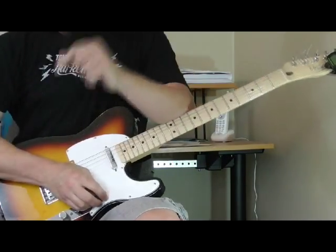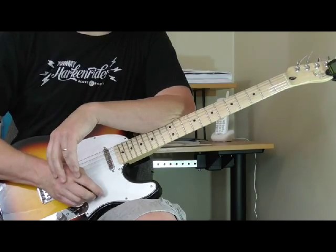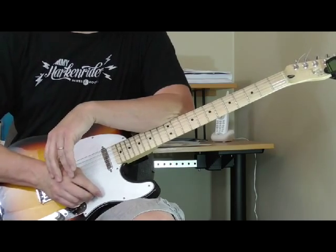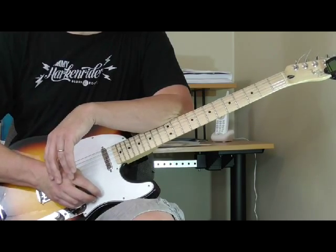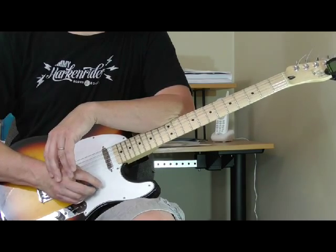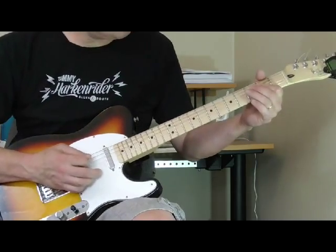Another example of a boogie rhythm type thing comes from the song called Shake Your Hips. On this tune he plays kind of a Hooker-ish rhythm. I can't tell if there's two guitars, one playing the bass, one playing the chord. There could be. But what I'm going to do is show you a way to play it just by yourself with one guitar. And what I hear is something like this